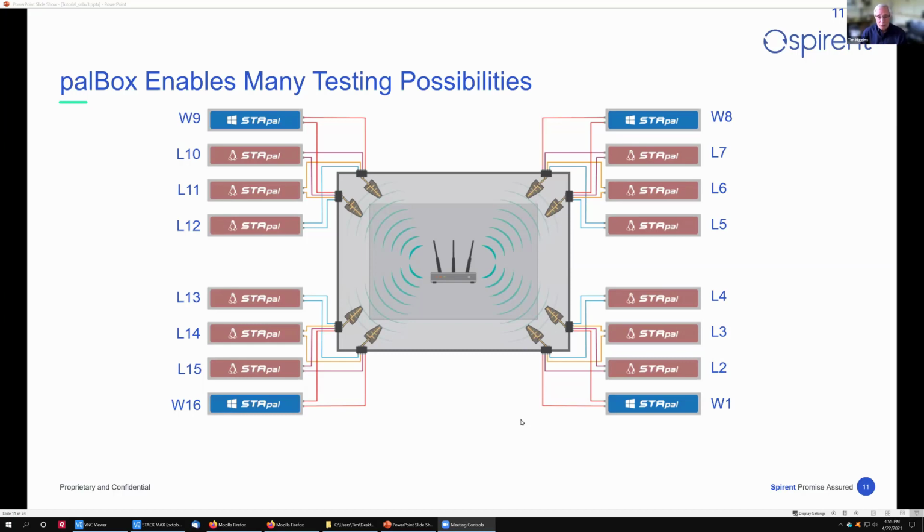So you get a little bit of an ability to see the difference in driver capability between Windows and Linux. Each of those 16 stations is grouped into 4 groups of 4. And each group of 4 is connected to the same pair of high gain antennas that are situated in the 4 corners of the box. And I'll have a picture of this in a little bit.